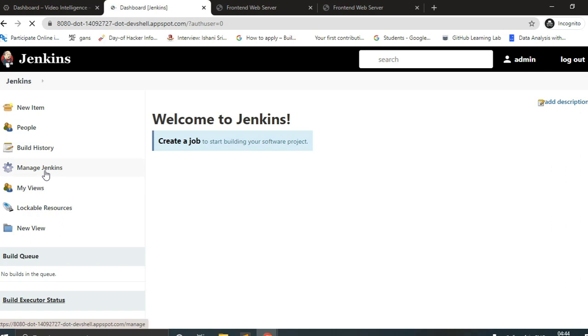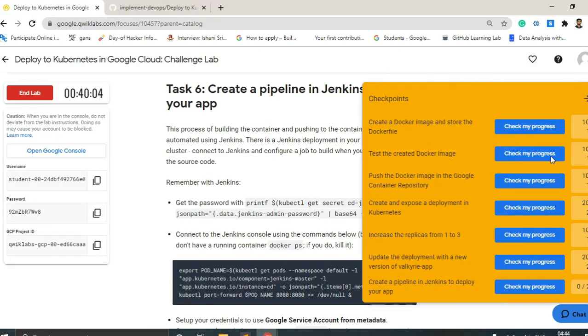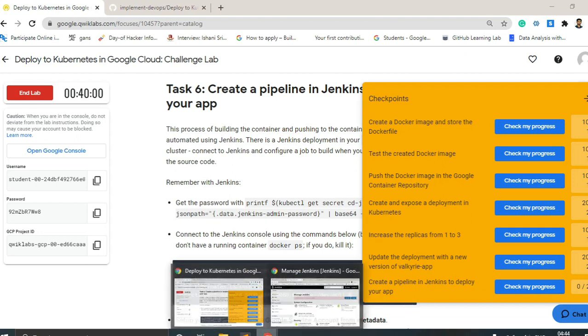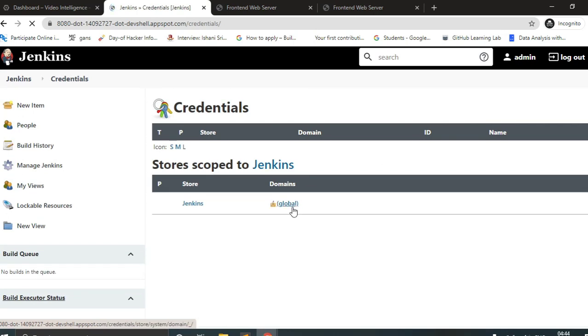So here we will go to Manage Jenkins, as we are required to create the pipeline as written in this: create a pipeline in Jenkins to deploy your app. So here we will select manage credentials, click on global.